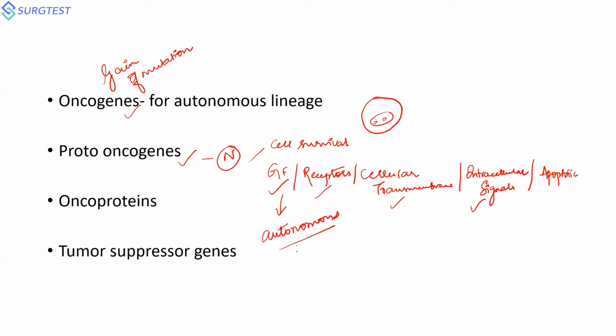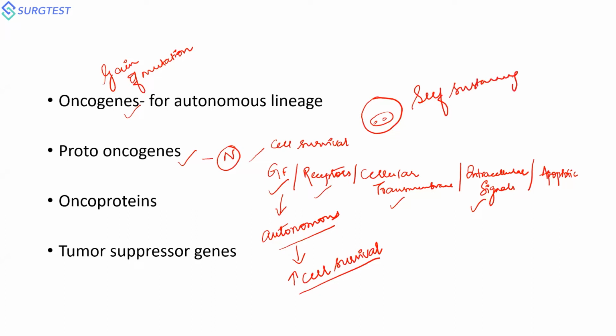So when they become autonomous, this we call increased cell survival. We normally want the normal senescent cells to die and the mutated cells to undergo apoptosis. We do not want any wrong signals to be propagated into the next generation of mutations of cells. Whenever there is oncogene proliferation, there will be an underlying gain of function mutation, which will be responsible for the autonomous lineage, making them self-sustaining. They become self-sustaining. This is the first hallmark of cancer.